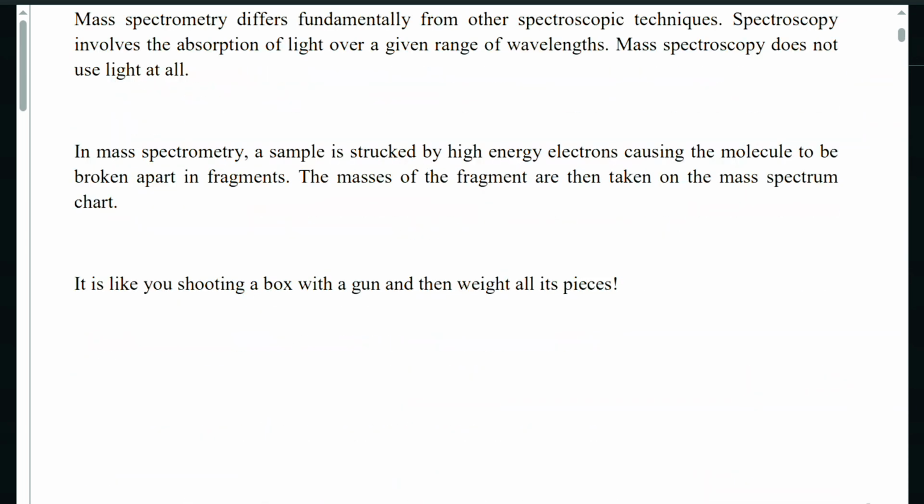In mass spectrometry, a sample is struck by high energy electrons, causing the molecule to be broken into fragments, right? You can think of it as shooting a box with a gun and then weighing all its weight, right? This sounds familiar, right? So let's see this. Let's say we have